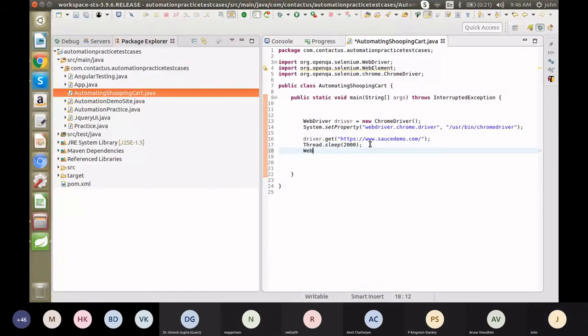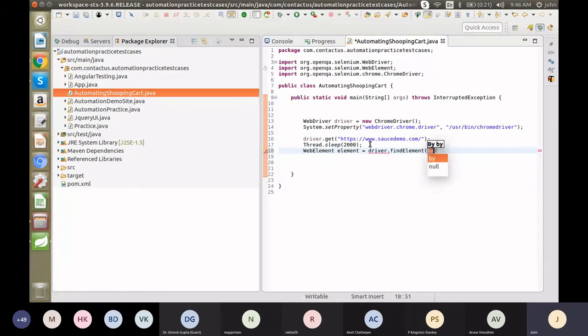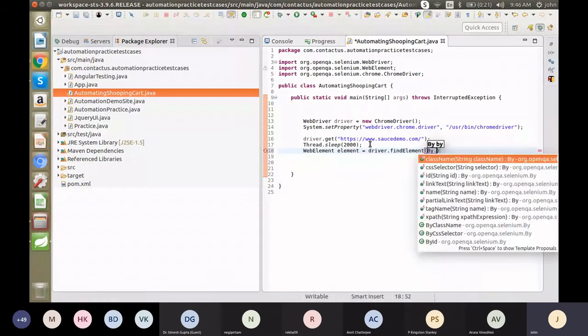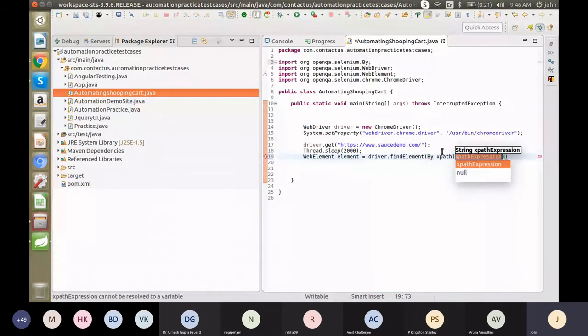So we have to create a WebElement object. WebElement. Then we have to use the driver object reference and call the findElement. Then we have to use By.xpath. Inside this, you have to paste it here.